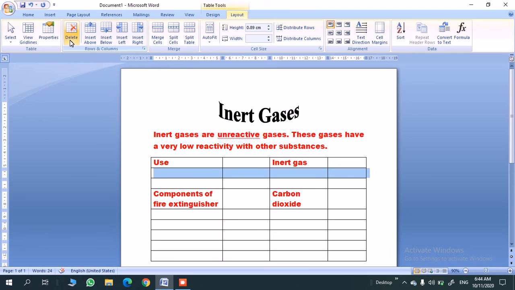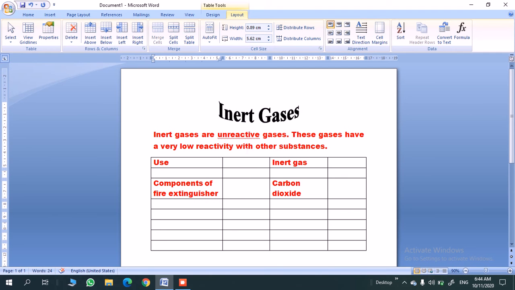It can also help you to delete rows or columns. Click on the delete option. If you want to delete a single cell, click on delete cell. It will ask you to shift your cells left, up, or delete entire row or column. Choose the appropriate option and go for it. I have selected entire row and it has deleted my whole row in the table.